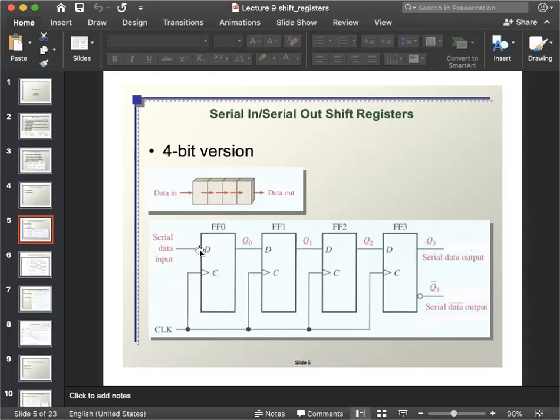And if it is a 5-bit, just one more flip flop will be added here. If it is a 5-bit version, then one more flip flop will be added here. It depends on the bits, how many bits of input and output you can give. If it is 4-bit, 4 bits of input will go; if it is 8-bit, there will be 8-bit input data, meaning 8 bits will go, and every bit will add one flip flop. As it is a 4-bit version, you can see there are 4 flip flops here. Okay, so this is not our concern actually.